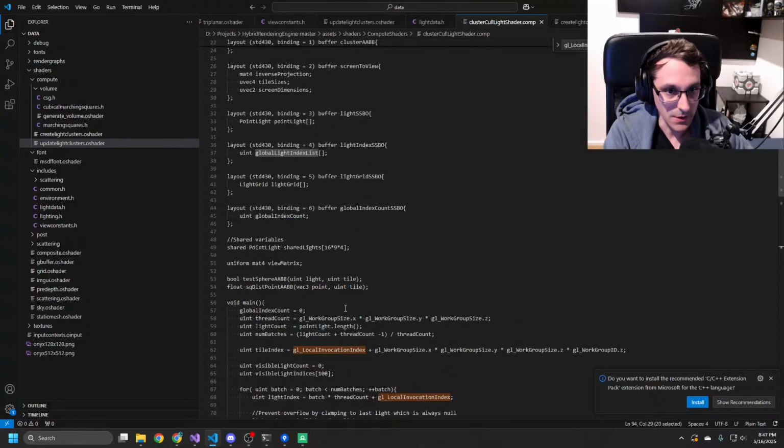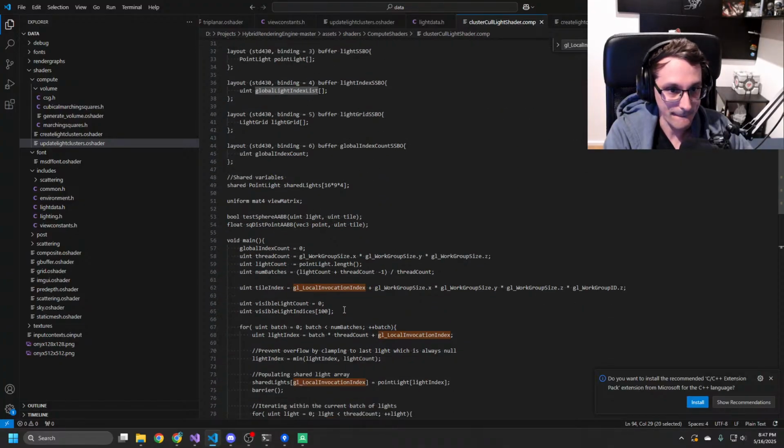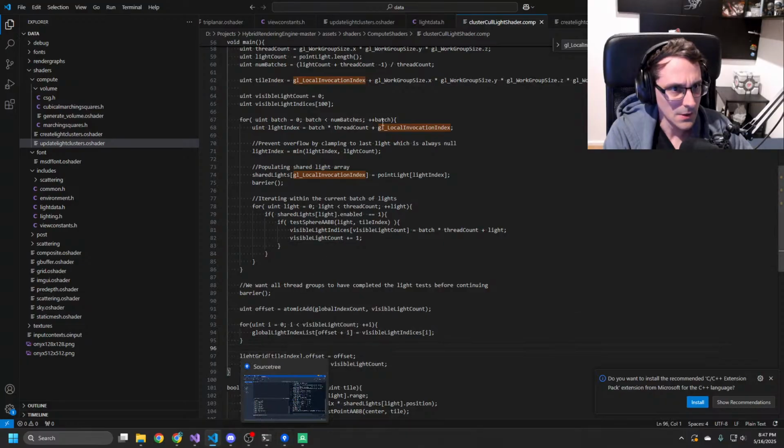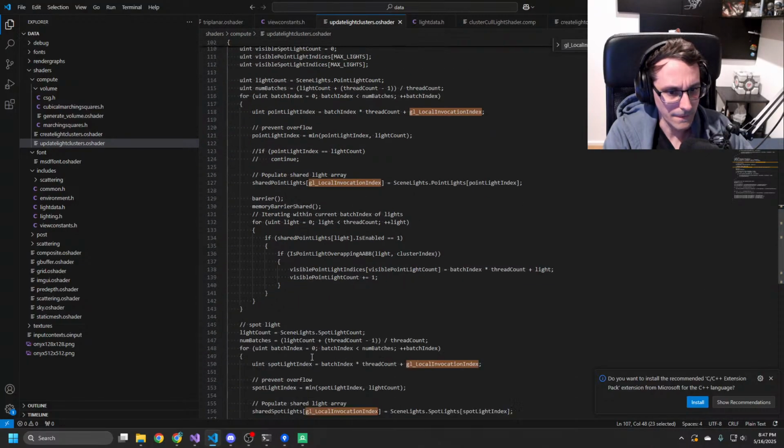Global light index list. And we write in the offset plus that. And we atomically add here that. Aren't we doing the same?